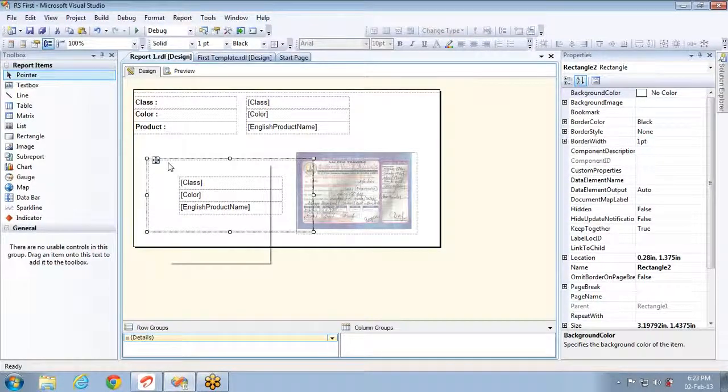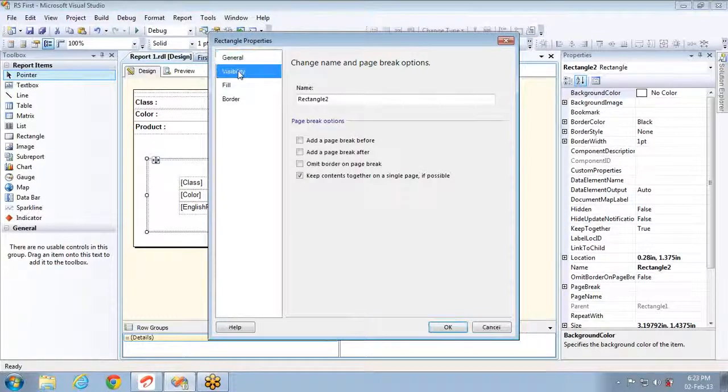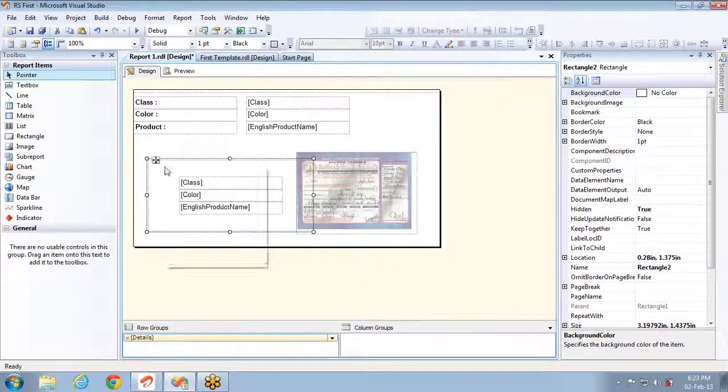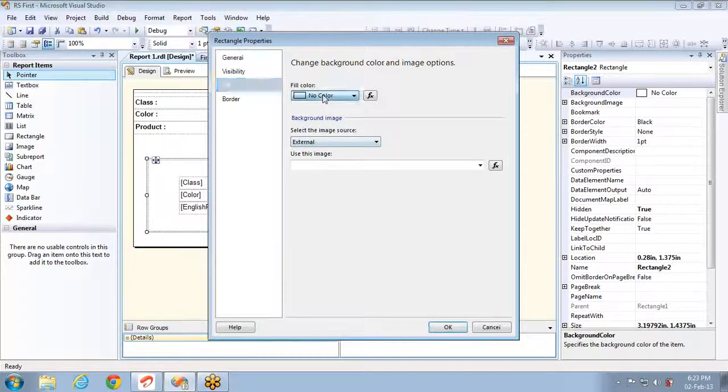If you place everything in one control, it will have its own properties where you can set the visibility to false, which will hide the complete stuff. And you can have some different color coding, like fill. Using fill, you can have coloring like pink or something like that.